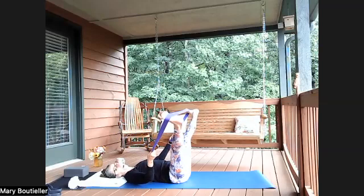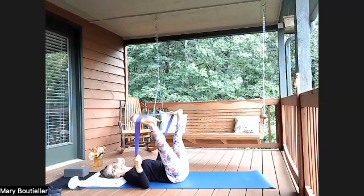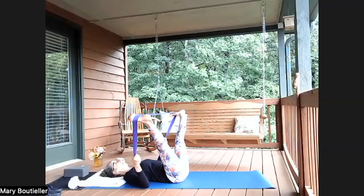And then notice if the legs are lower than the hips. How do you know? You're going to arch your back. So try to stay nice and centered with the legs directly above the hips. They're wide, but they're straight in line there. Breathe, push your feet out into your strap,